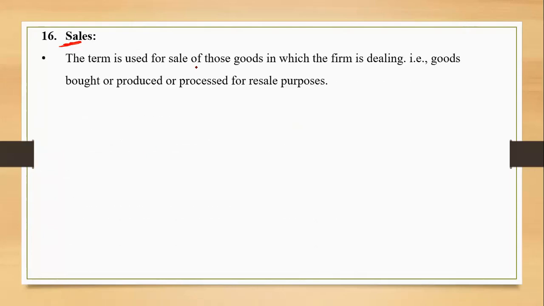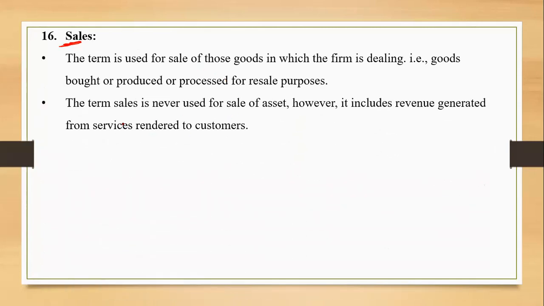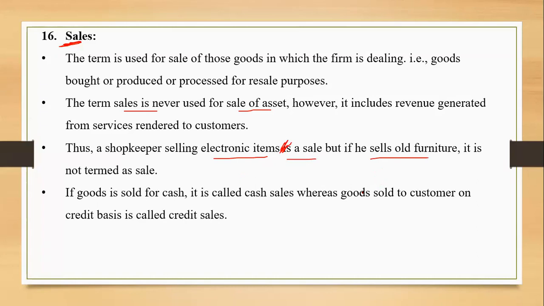After purchase and purchase return, it was quite obvious to have the terms sales and sales returns. Sale is again the term used for the sale of goods only, right? Whenever the goods are sold, the product or the item which the businessman deals in with the motive of earning profit, for the sale of goods only, the term sales is to be used. And again, the term sales is never used for the sale of an asset. If you are a cloth merchant and you are selling furniture, you need to write it as furniture only. You cannot write the word sales over there.